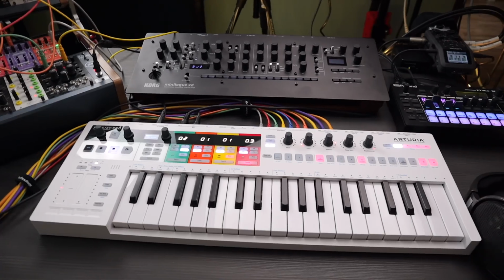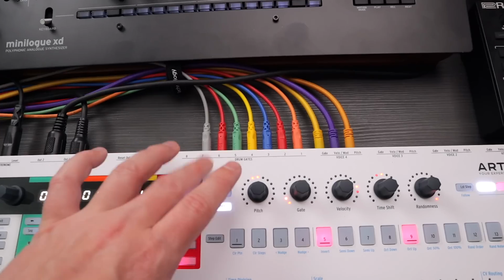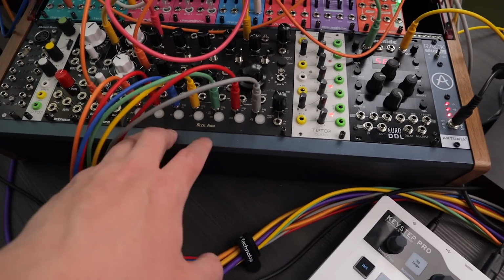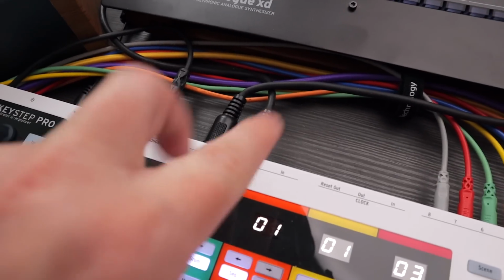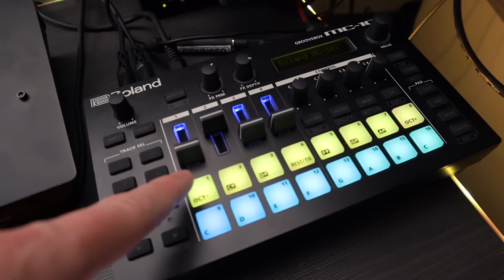Now let's get into the Keystep Pro. So let me start with an overview of the setup that I have hooked up here for this video. So here I have 7 out of 8 drum gates going into the Black Noir drum module. I'm also using the 2 MIDI out, so one goes to the XD module and one goes to the MC101